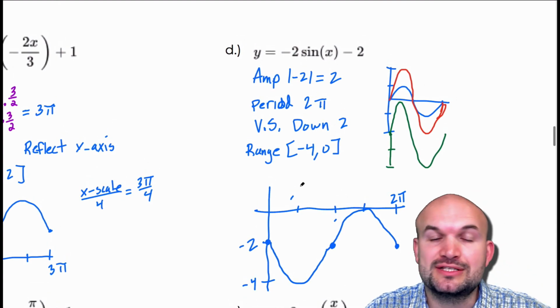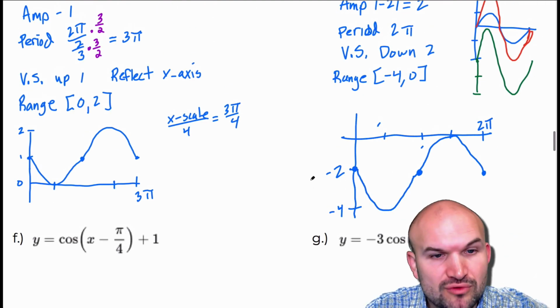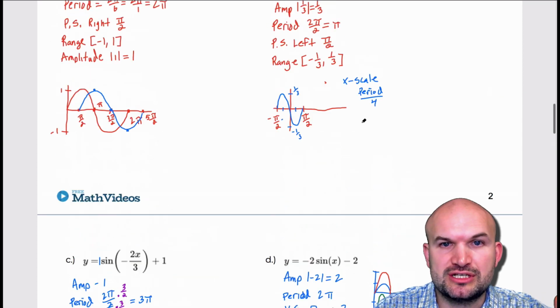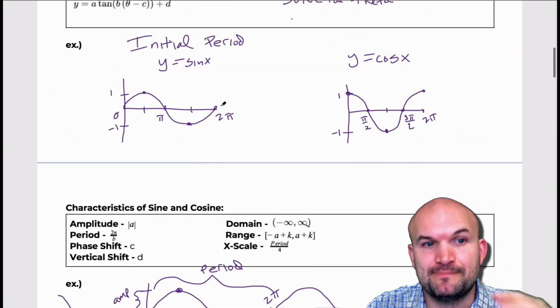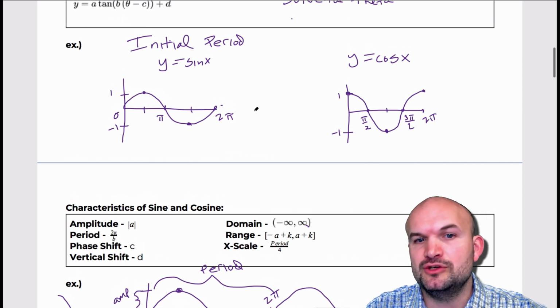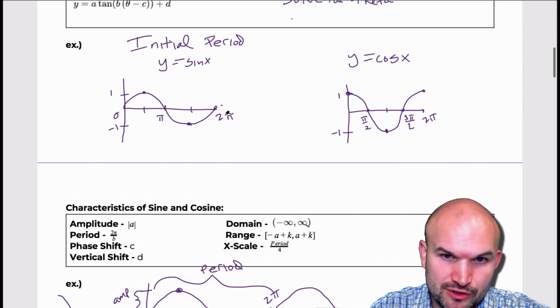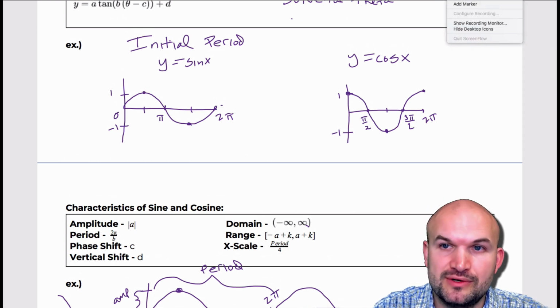So now let's go ahead and get into our cosine functions, which is basically the same process that we did with the sine, but now with the cosine, we're dealing with a new initial period. So instead of starting at 0, we're now going to start at the point 0, 1. You can see that the x scale is still the same, going by pi halves. Then we start at 0 and go to 2 pi, going up to 1, going down to 1. All right, so now let's go ahead and get into the